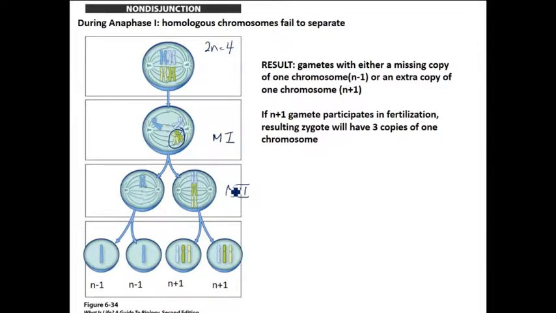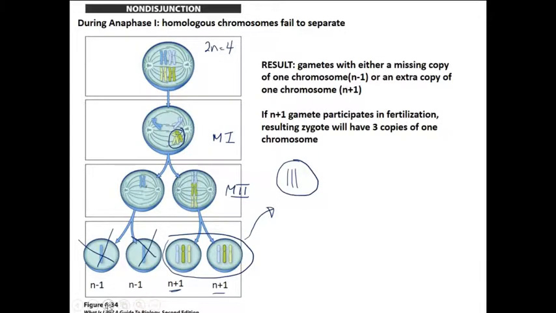These cells will still finish meiosis 2, but the 2 resulting cells that came from this one that got the extra chromosome will have an extra chromosome, so it'll be n plus 1. So in this case, they would have 3 chromosomes when they're supposed to have 2, and the other ones are just going to end up missing 1 chromosome. Okay, these ones would be destroyed by the body. Those are not going to be gametes that'll last, but for some reason, these ones can go on and participate in fertilization. Okay, and so if you end up with a sperm or an egg that has 2 copies of that chromosome,